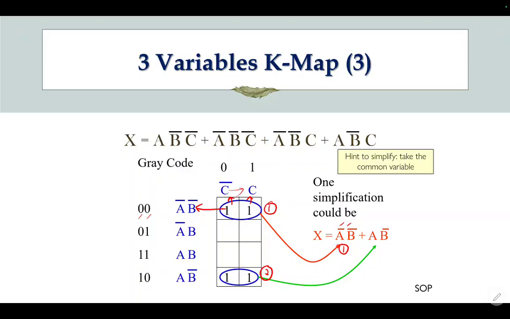For the equation number 2, so this row, you read this row and 2 row on the top. A, B bar. A1, B0. You got A bar, A, B bar. And then C change state from 0 to 1. So you don't read C. So you get here X equals to A bar, B bar plus A, B bar.